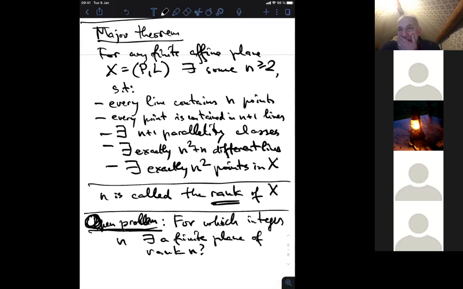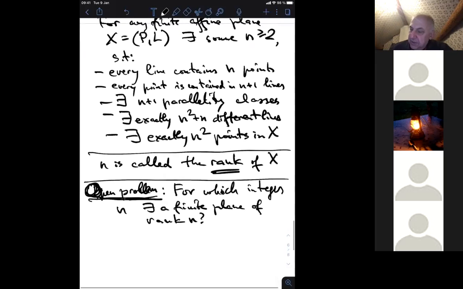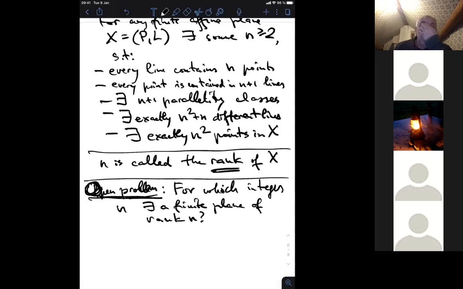And as I said, I think there is no complete knowledge for which n this is impossible. There are big classes of n for which it's known that finite fields exist, and big classes for which it is known that they do not. But in general, I think the answer is